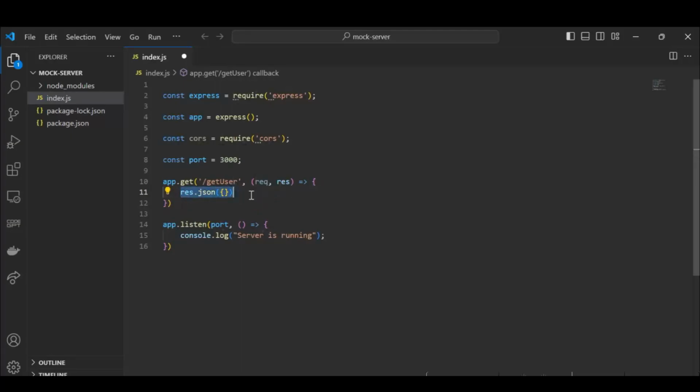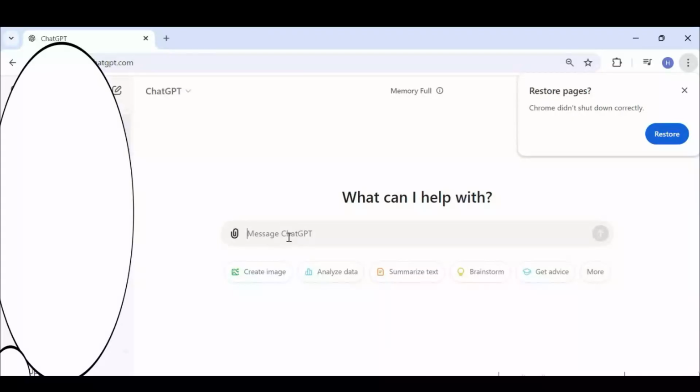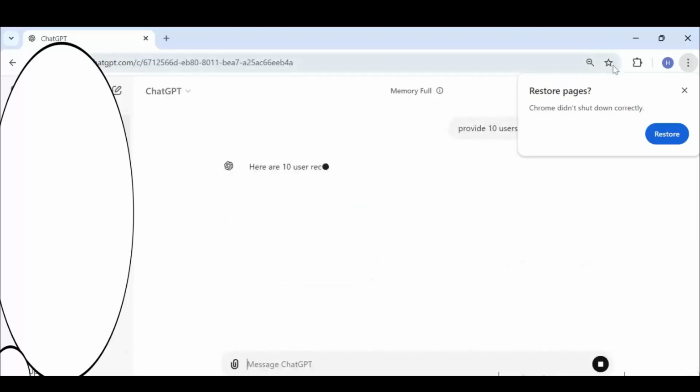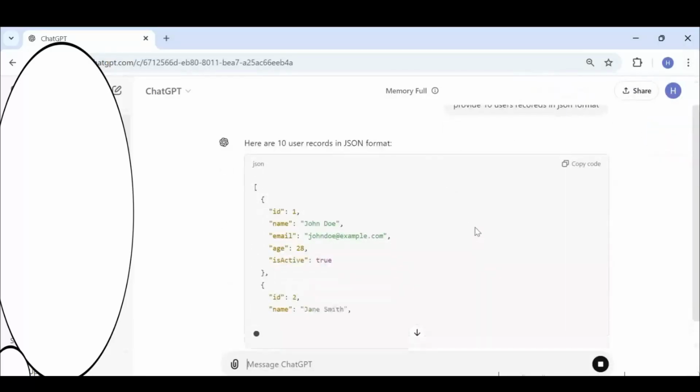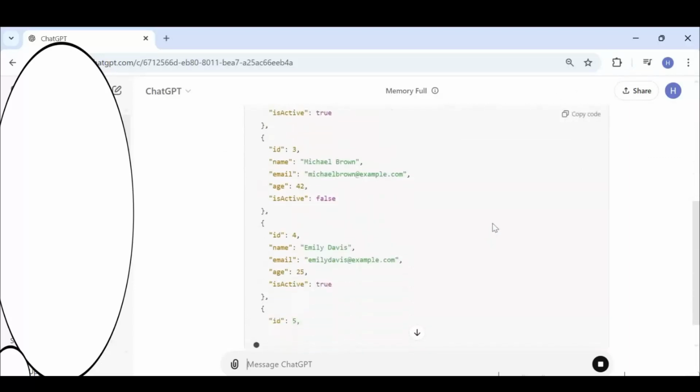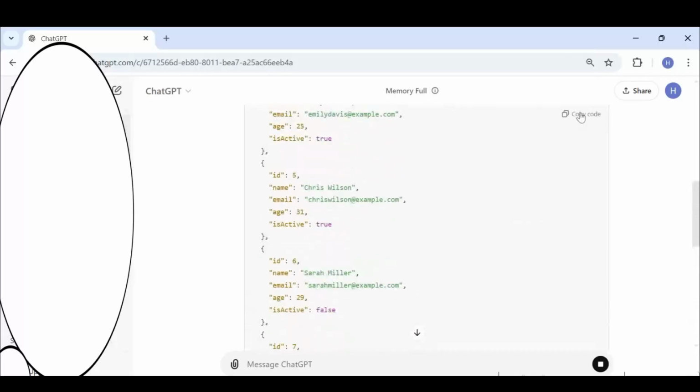So here we don't have any data. We are just passing two placeholders and we will create some dummy data using ChatGPT quickly. I'm quickly creating some dummy data for users. Provide 10 users records in JSON format. It will quickly provide us 10 records in JSON format. We can copy this JSON